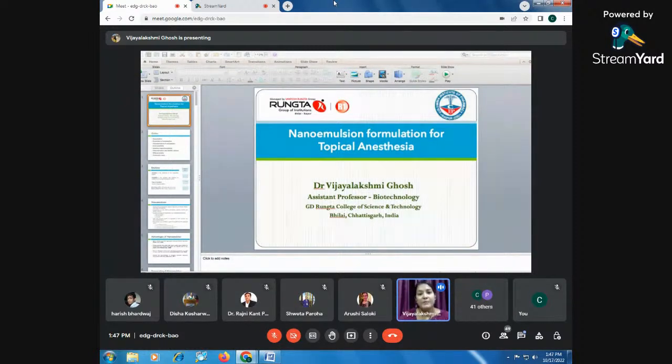So how do we prepare nanoemulsion? Basically, they are prepared either by a high energy method, where we provide energy, or by a low energy method, where we provide very little energy. The low energy methods include spontaneous emulsification using a magnetic stirrer or vortex, membrane emulsification, solvent displacement, and phase inversion